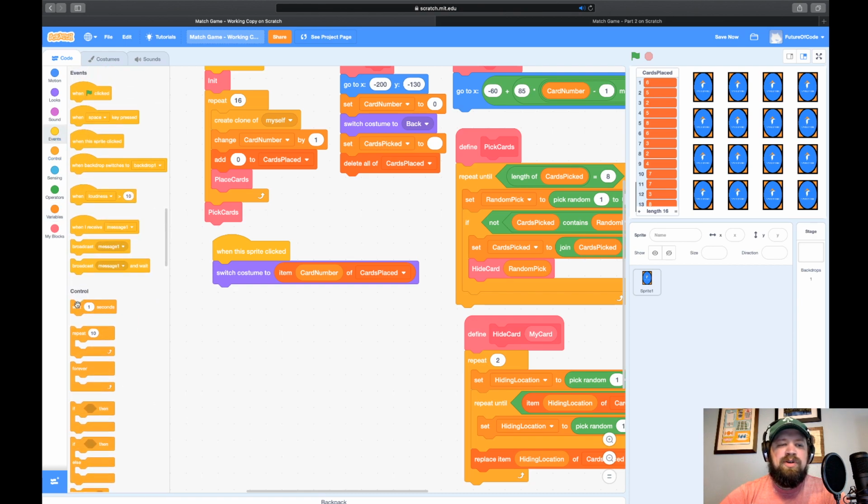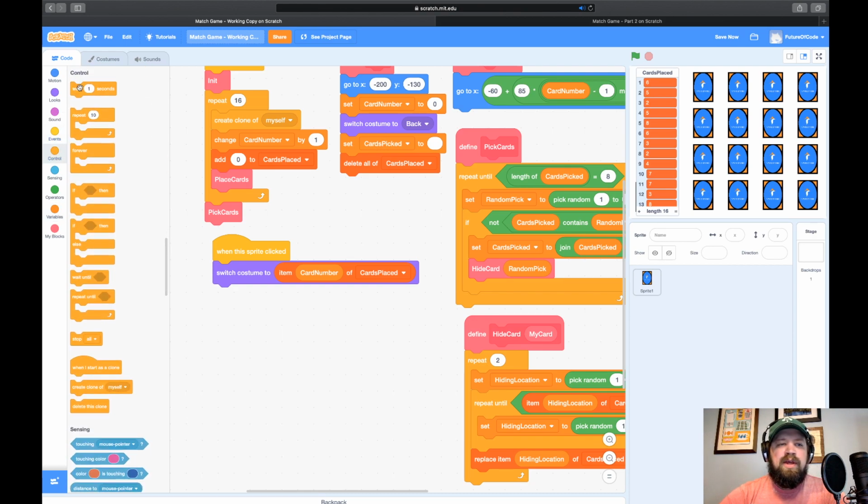This next piece, we're just gonna go to a control and grab wait 1 second and drop it right below switch costume. It's going to matter later on. Just trust me. It just makes it look nicer. It makes it respond a little bit better. If you pick the second card and keep doing the code we're going to do, it only flips the second card over for like half a second and then flips both cards back over. So you don't have time to memorize it. This gives you 1 second to memorize it if they flip the cards back over.